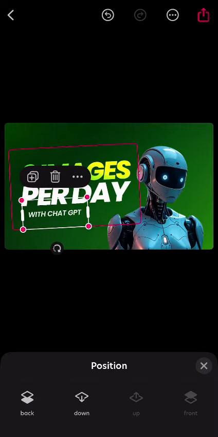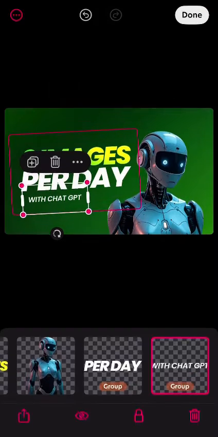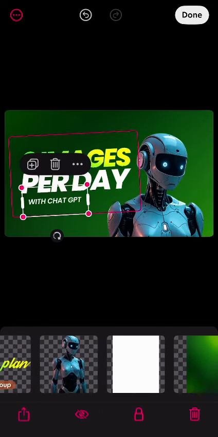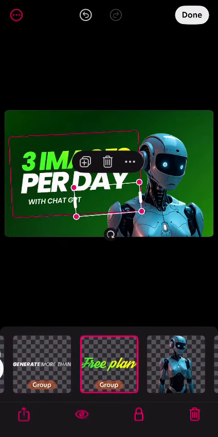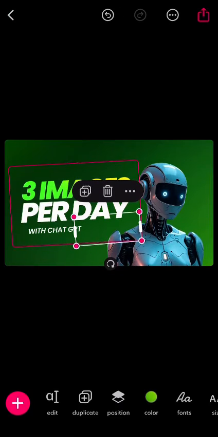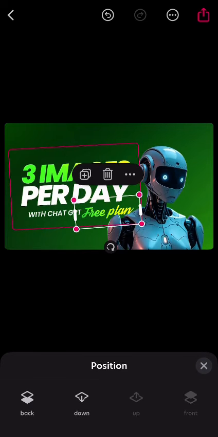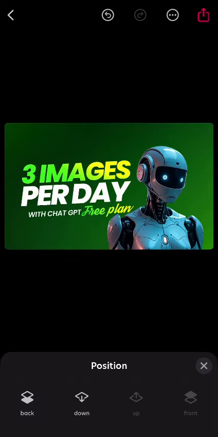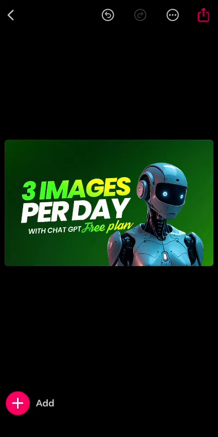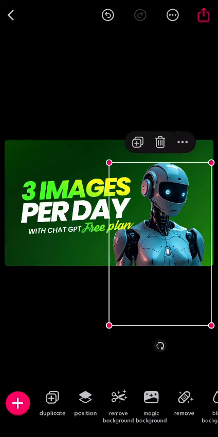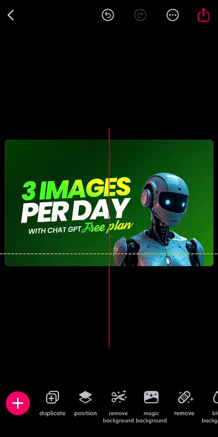Click on position, do the same thing, then get the script font which says free plan. So I use this script font to create a contrast in the font, and I also did contrast of color, right? Because the entire font here is just popping, so I wanted to make a contrast of font. So we can still reduce this robot a little, you know,